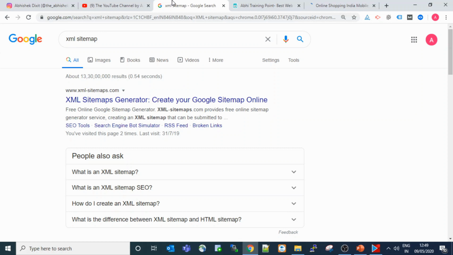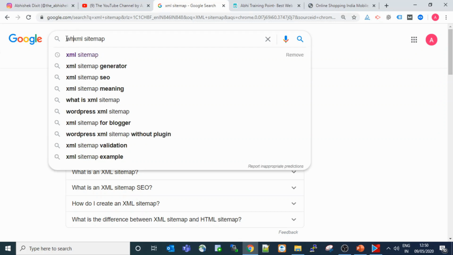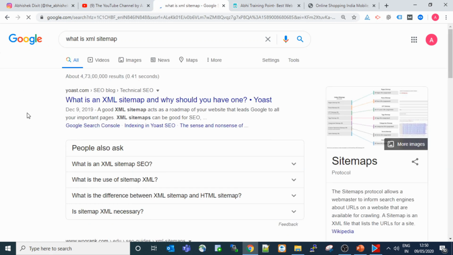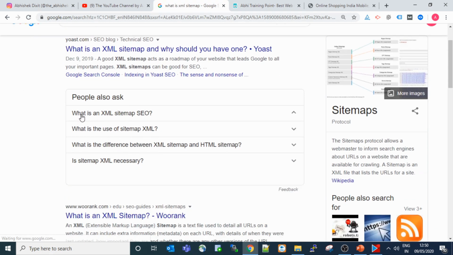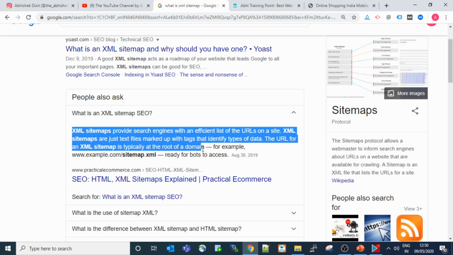And the XML sitemap is for the search engines. If I type what is XML sitemap, you will find a definition of XML sitemap over here, from practicalecommerce.com.